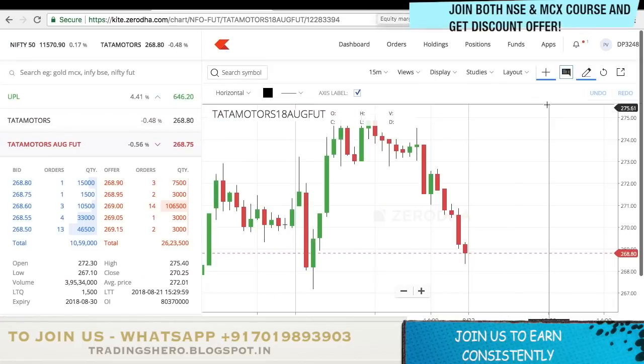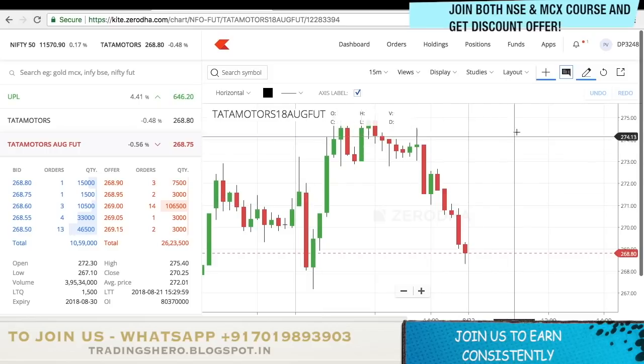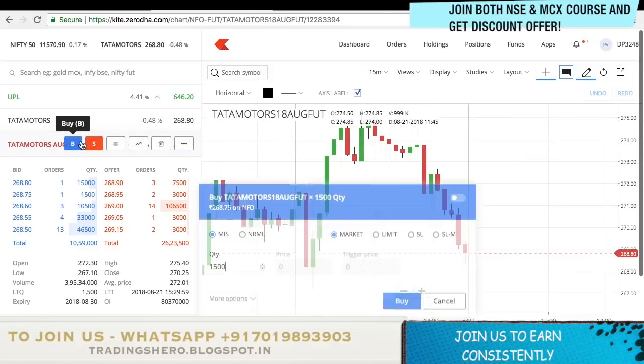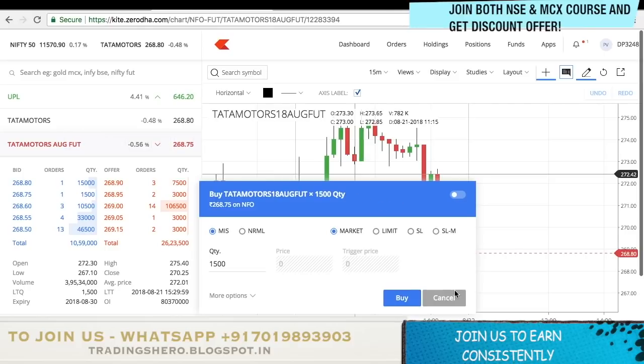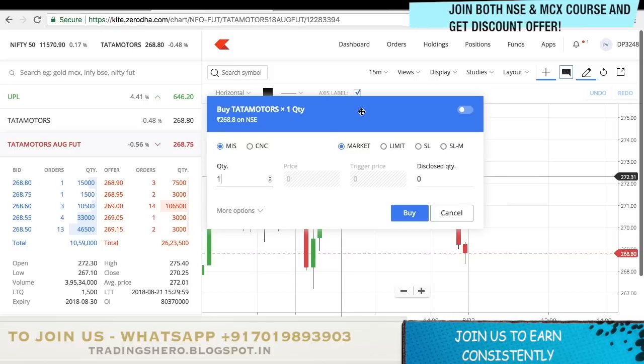Okay, so this is the basic interface of the chart. The next thing is buying and selling of stocks. Many people are asking how to buy stocks, either in MIS, CNC, or other options. MIS means margin intraday square off. If you're doing intraday trading, you should click on MIS, and later you get an option as market,